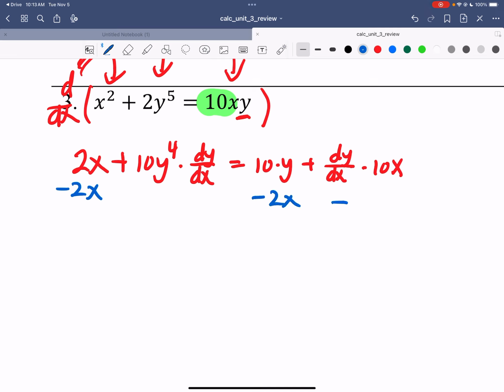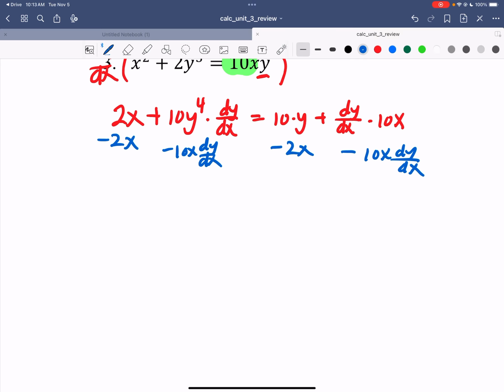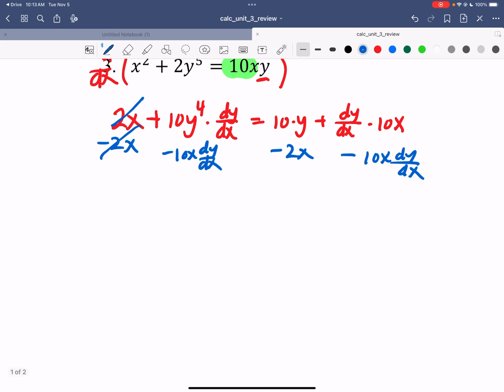And minus 10x dy dx both sides. So let's do one by one. These two disappear. So I will write negative 10x dy dx plus 10y to the 4th power dy dx equals